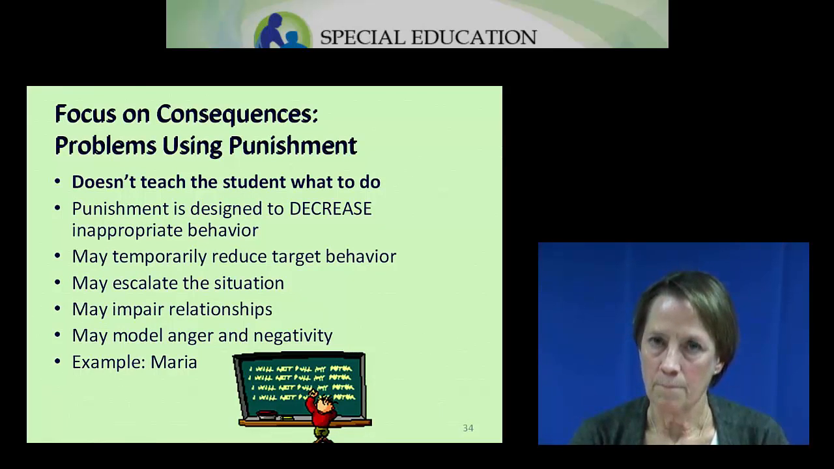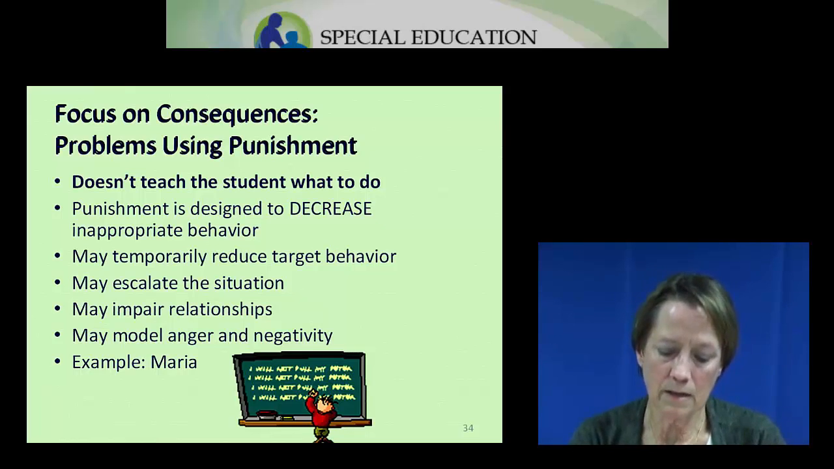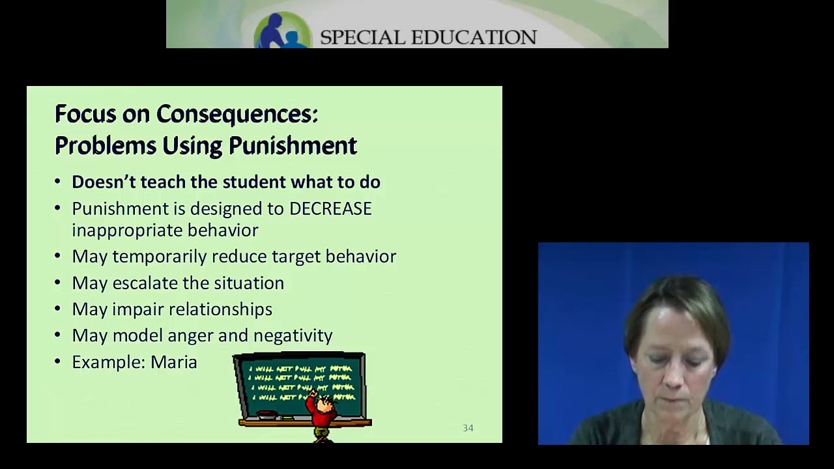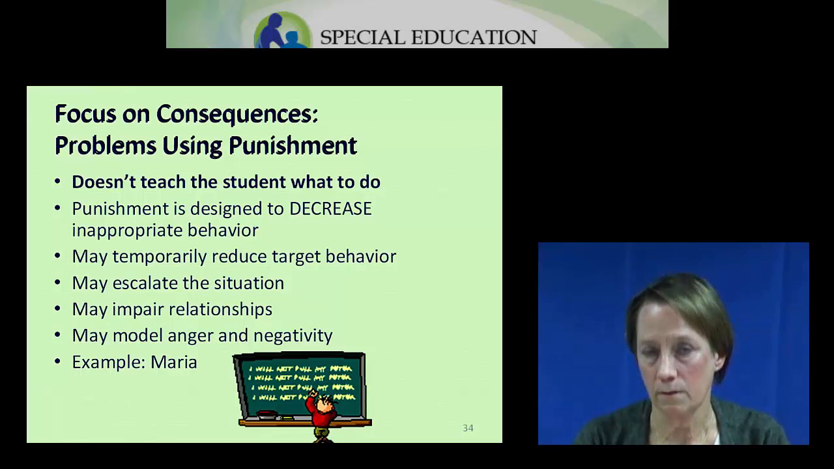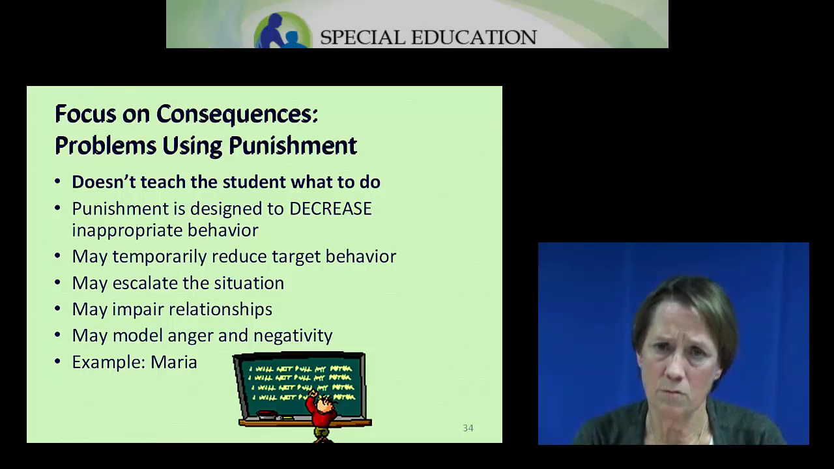Punishment is something that is often done in schools, and sometimes there's reason to use punishment. But what we want to remember is that punishment doesn't teach the student what the student is supposed to do. Punishment is designed to decrease inappropriate behavior, and it may temporarily reduce target behavior, but it also may escalate the situation. For students after TBI, they may very easily be irritated and agitated, and they may escalate their behavior if punishment is given out. Also, we can have impaired student-teacher relationships when punishment is used, and we may be modeling